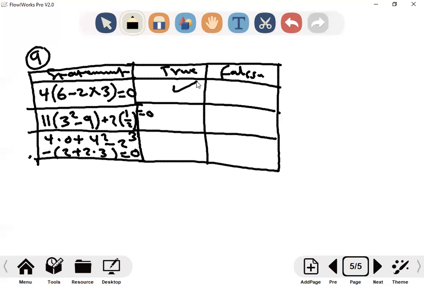Now the second bracket, we have 11 bracket 3 power 2 minus 9 plus 2 times half. 2 times half comes 1. 2 multiply half, two halves give 1. So this is 1. Here 3 power 2 minus 9, 0 times 11, 0. So we have 0 plus 1, which is